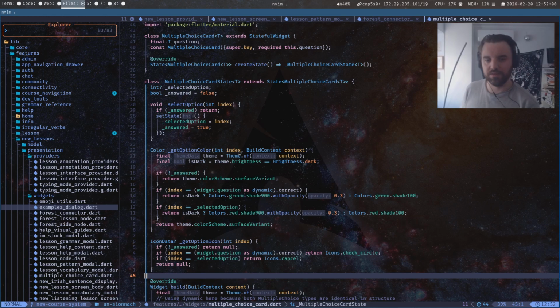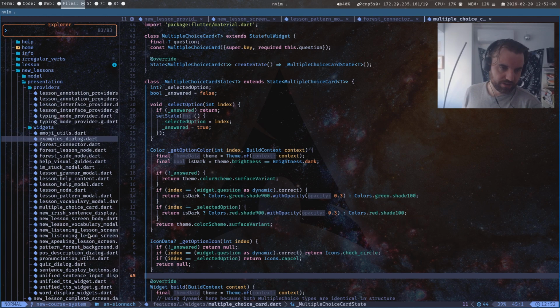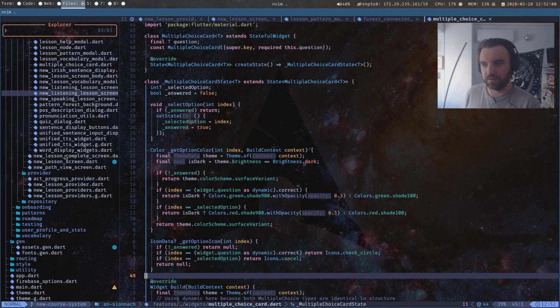And then when bugs get reported and I'm going through them, you come in, you take a look at the provider, and then the model, and then the repository, and then check the generated code, and then check the screen, and check the widget, and all of this, trying to find the issue, and then hopefully you can recreate it. But most of the time you make a guess, because you can't recreate the issue. Someone says this didn't work here, and you think, oh, maybe that was the audio system.